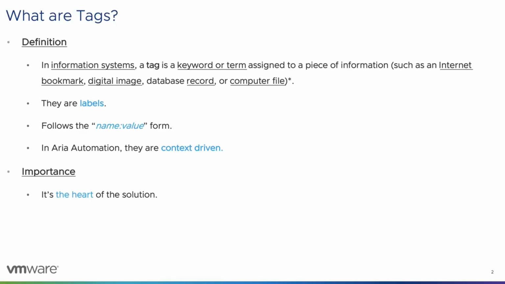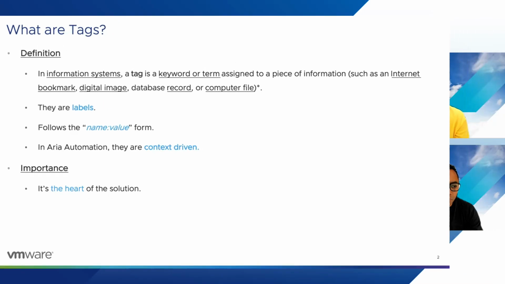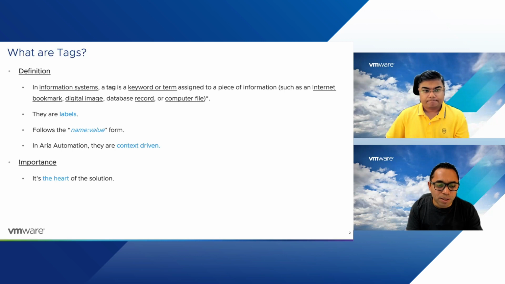I was just about to add, in the cloud world, I have seen that even in VMware Cloud on AWS or a public cloud like AWS or Azure, everything is tagged, right? The tagging is, like you said, the heart of the solution. It is tagged so that in the future, that tag value can be used to track, monitor, and do various things, which I think you're going to talk about as well.